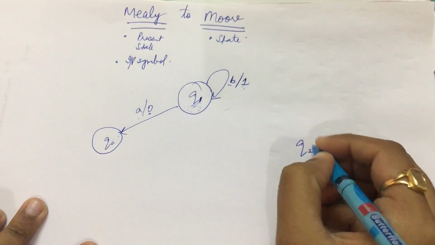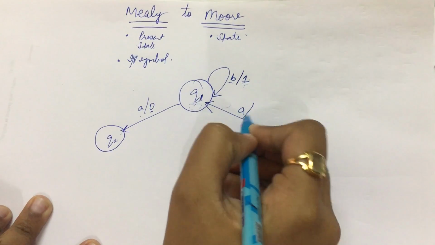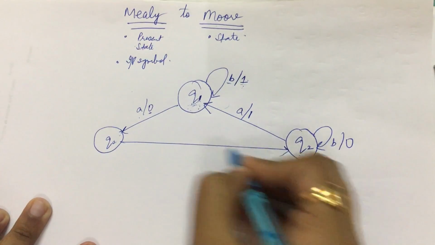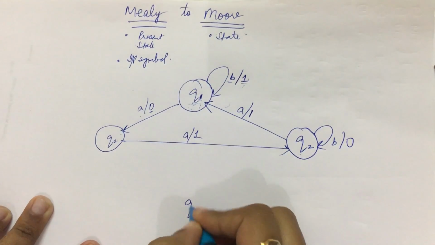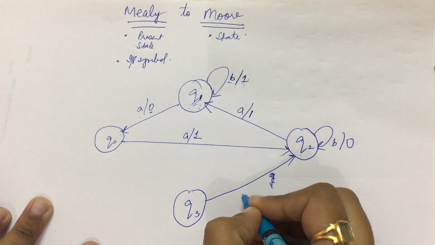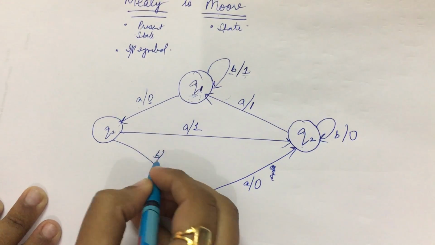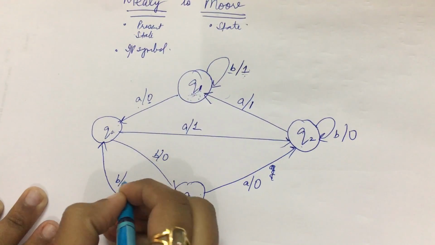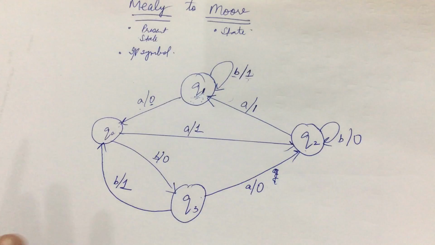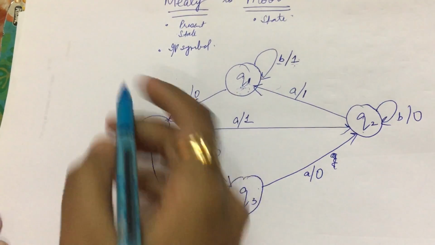Here we'll see the conversion of a Mealy to Moore machine with the help of a question, which I'll draw as follows. B comma 0, then A comma 1. Let's have one more state so that we can solve a good problem at the start itself, so that we don't have problems understanding other questions. Now we are going to make a corresponding transition table, so it is very clear. Let's make it here itself, for the sake of better understanding.